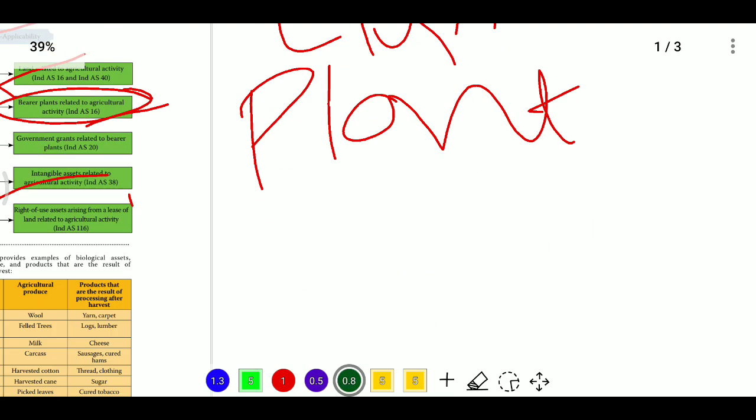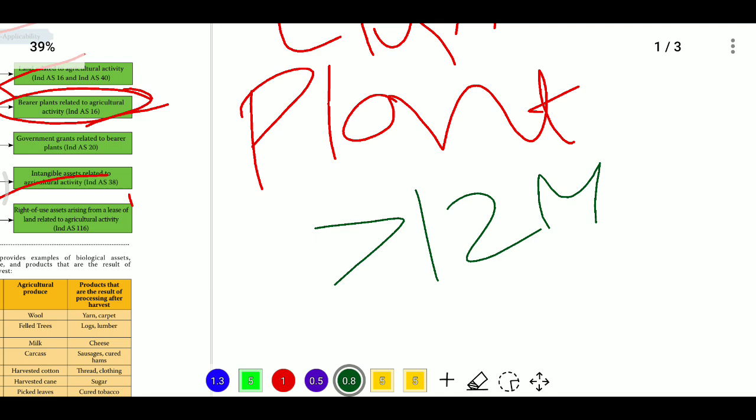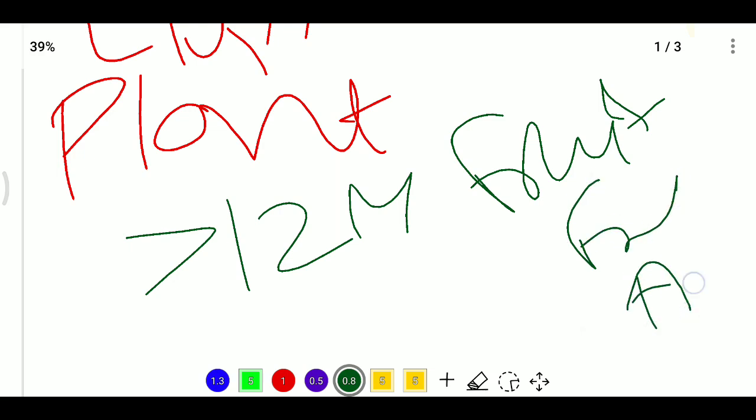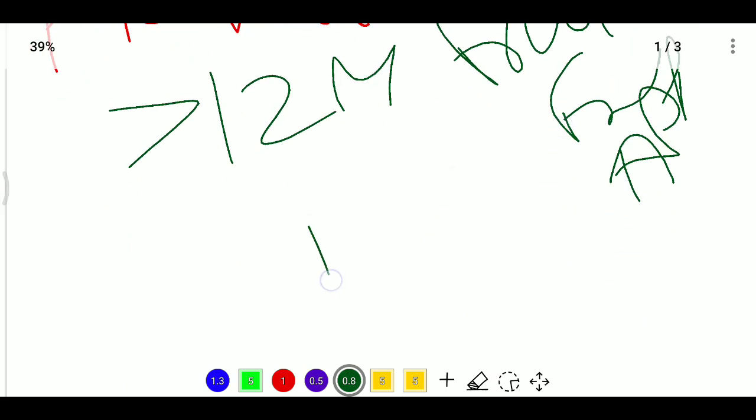A living plant producing some agriculture product over more than 12 months, for example, apples from an apple tree, rubber trees, etc. So it will become